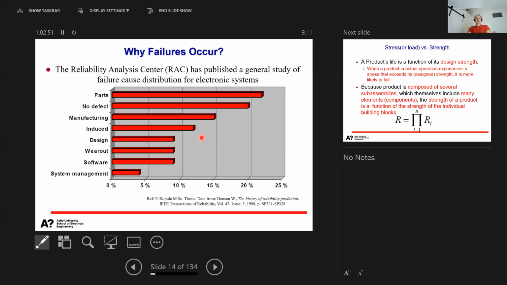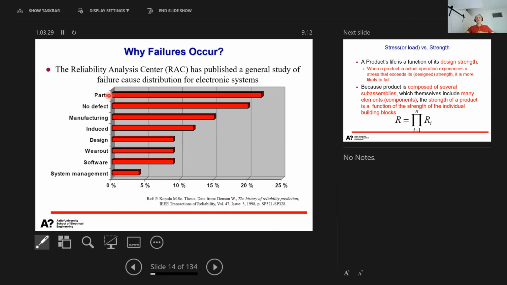Here is another slide. This is extremely old, but I still want to highlight it. Don't pay attention to any of these numbers here, but the point is that there are different types of defects or failures, and here the largest part or fraction of failures is caused by the parts. So in an electronic product, maybe we could say that these are the components, including